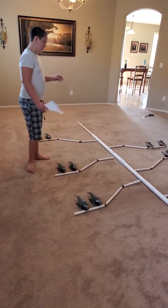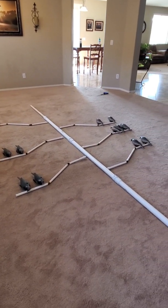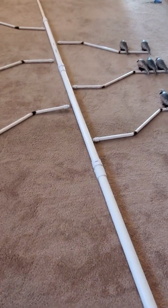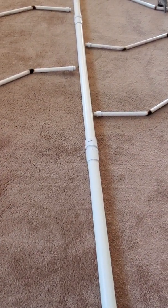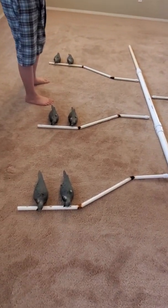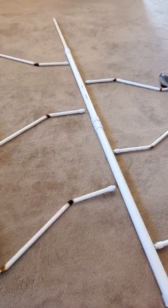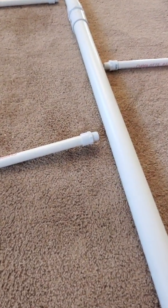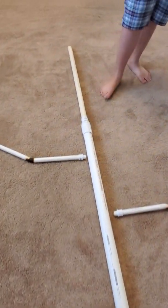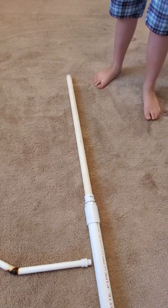We are building a dove tree for the 2020 season in Arizona. So we have the 1.5 inch, 10-foot PVC. We have cut it into thirds, and we have connected them with 1.5 inch threaded couplings. And then we have 10-foot 1/2 inch PVC with male 1/2 inch threaded couplings. And then up at the very top, we've got the 1.5 inch to 1 inch reducer that is connected to